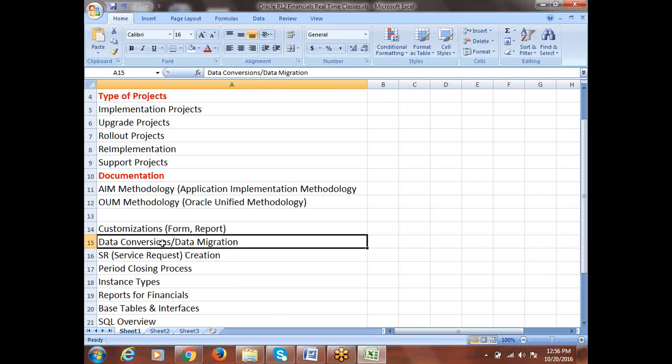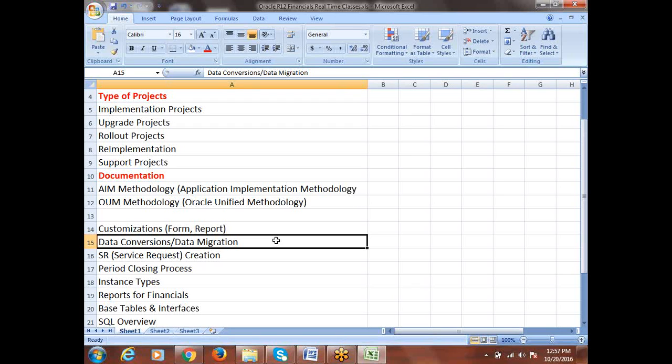So what they have to do is, whatever data they have in their previous legacy system, all the data we have to move from that system to the new Oracle EBS system. For that we have a certain process. In this process, the client people will be involved, technical people will be involved, and the functional consultant will be involved. And there we have to take a decision on which data we have to move and which data we don't need to move. Such kinds of discussions we have to have.